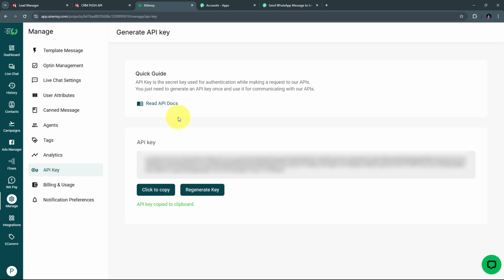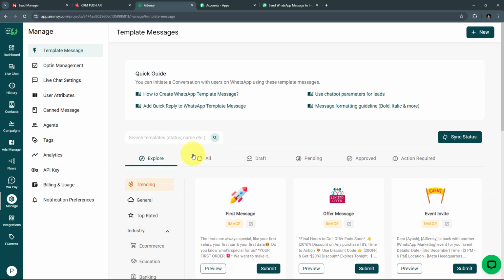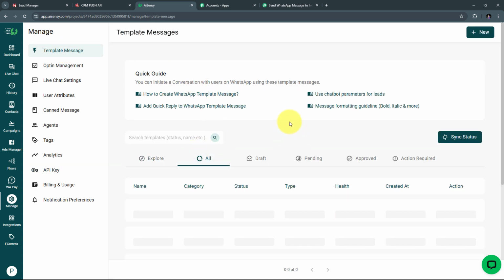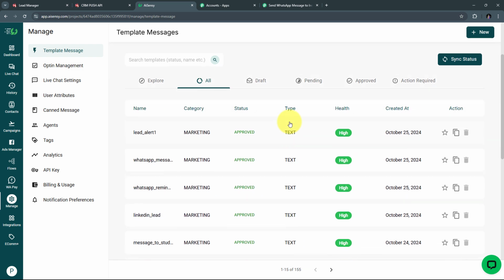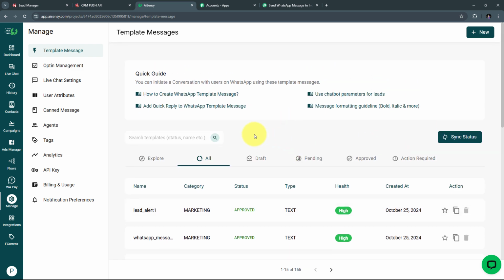So first I have to create my template, so I'm going to take you to template message first, and here I will go to all, and in this you will see all the templates that you have in your AI Sensei account, or you can also create new template messages that you want to use. So for creating a new template, you need to first click on this new button,